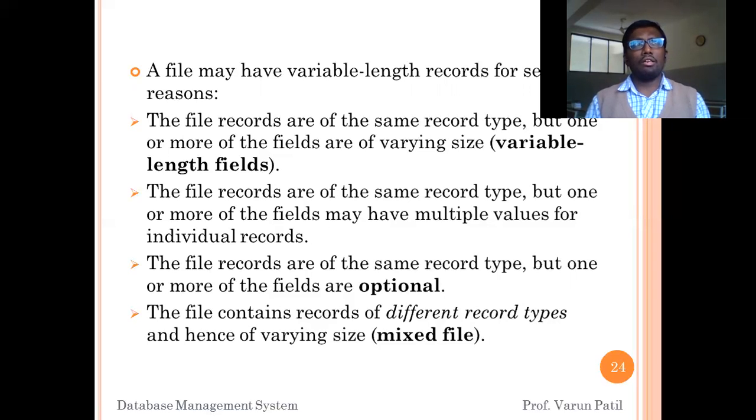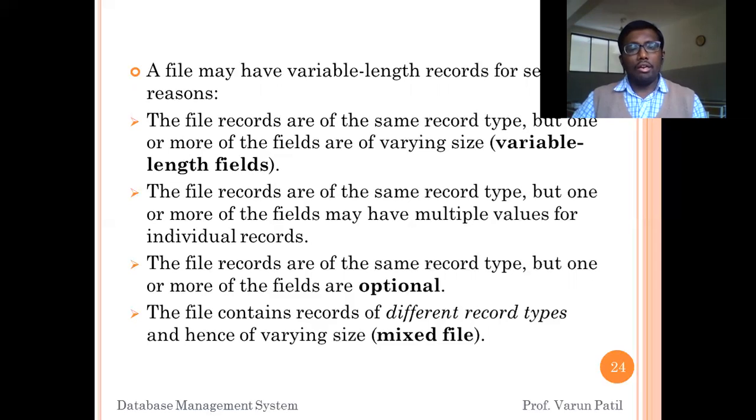Other fields may also be optional. Optional fields will either be entered or left blank. Then the record size will also differ, so we can say that it is a variable length record.